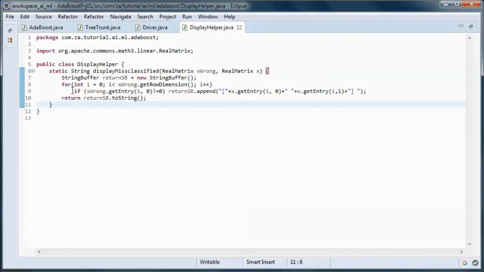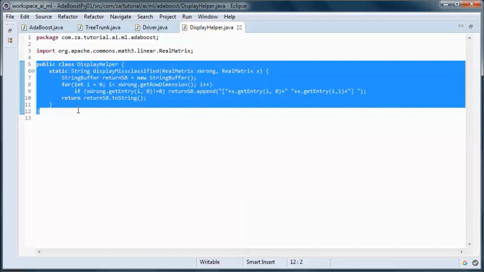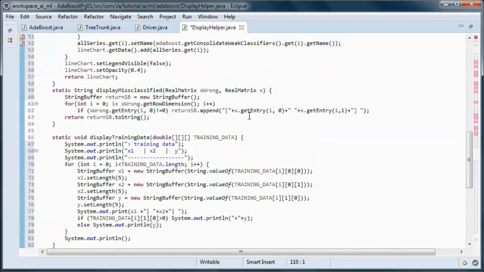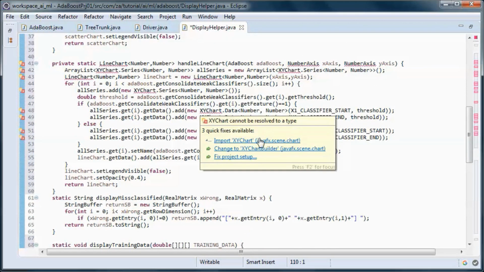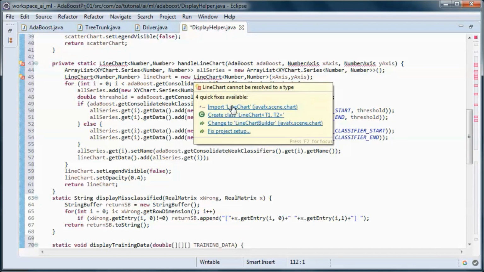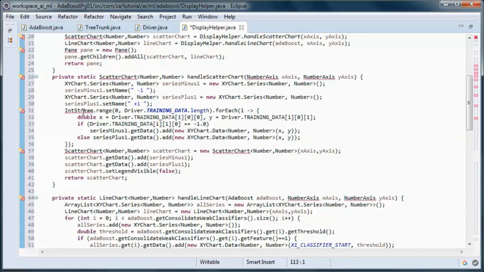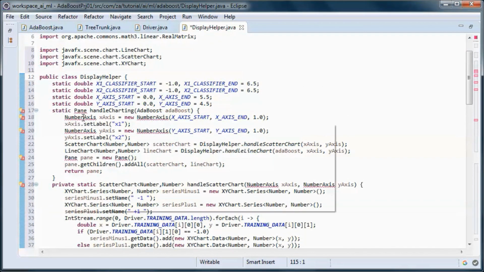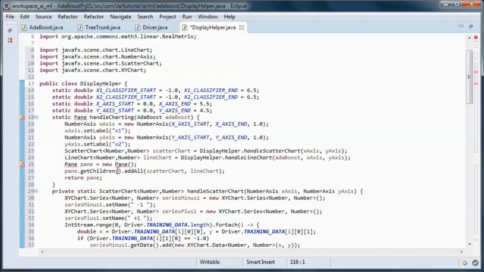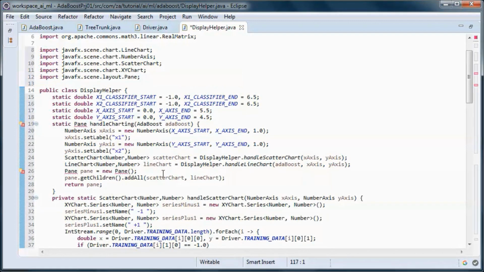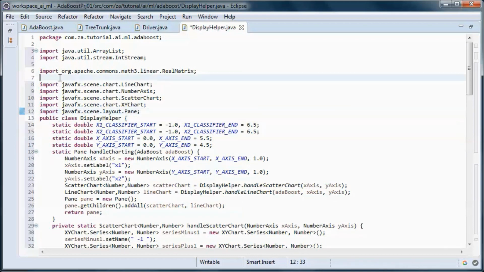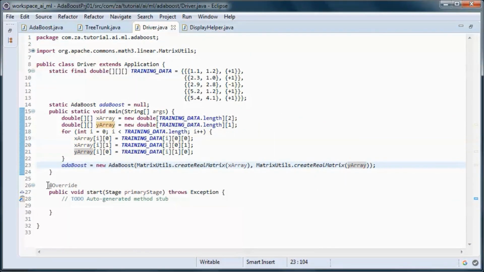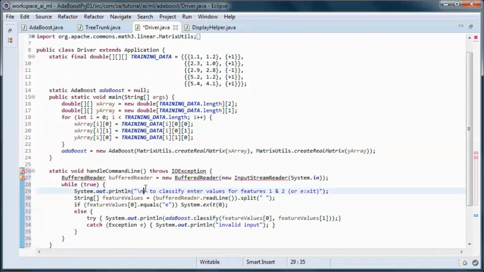And this will be the display code. And this code here handles command line entry.